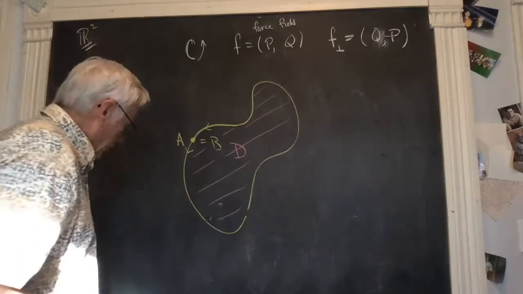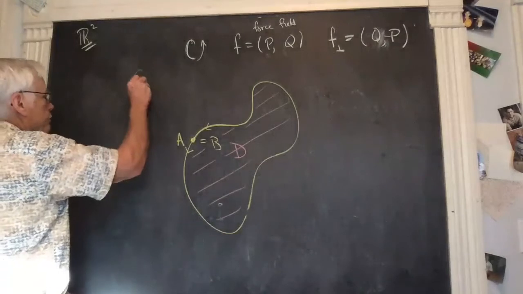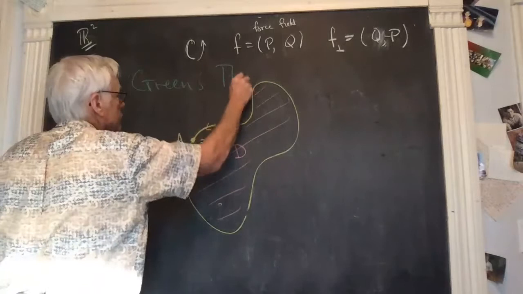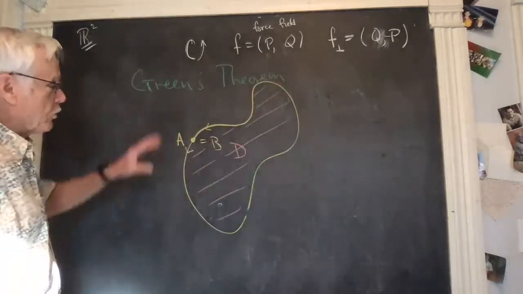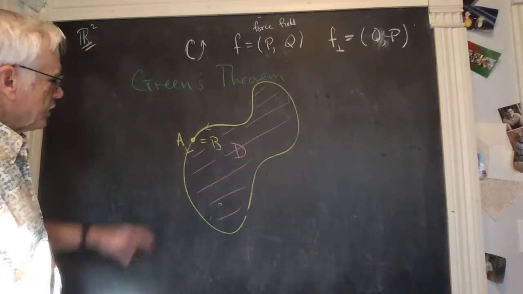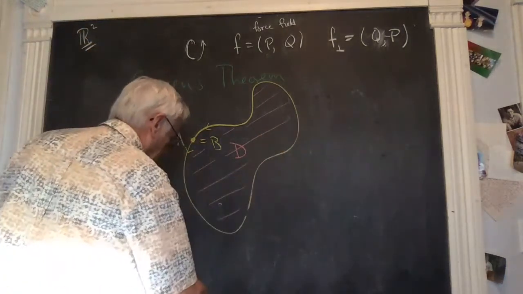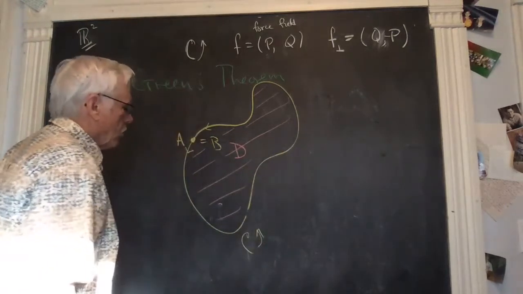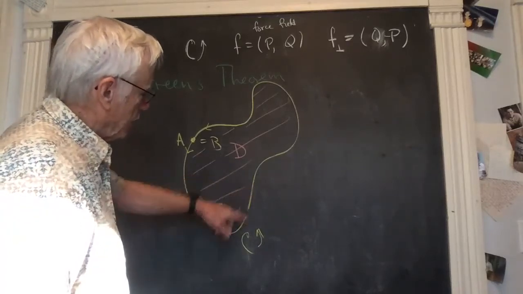And this is the essence of what's called Green's theorem. We'll talk about two versions of Green's theorem. I'm going to erase the picture here, but this is the setup. And we're going to either integrate along this curve C or across this curve C, and we'll orient C to be